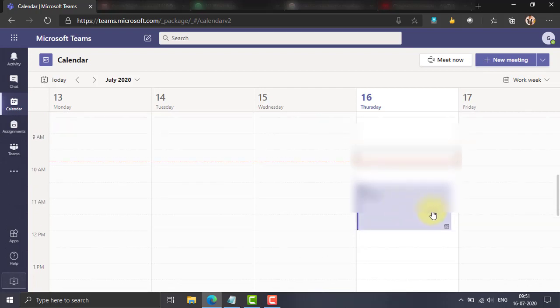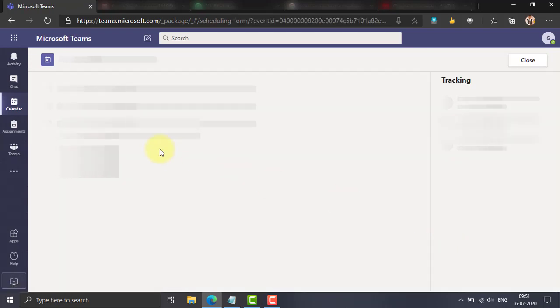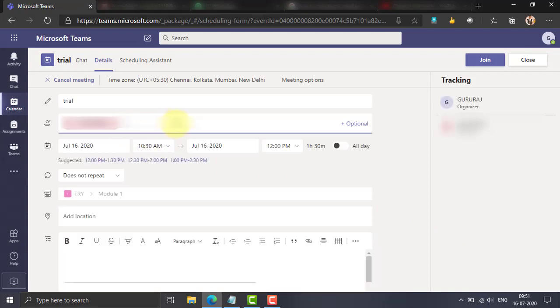But this will take more time. Why? Because you have to enter the names of the participants individually. Suppose just imagine if there are 120 or 130 students registered for your course. Just imagine typing all the names of the students. That is not possible. So better you leave it blank.